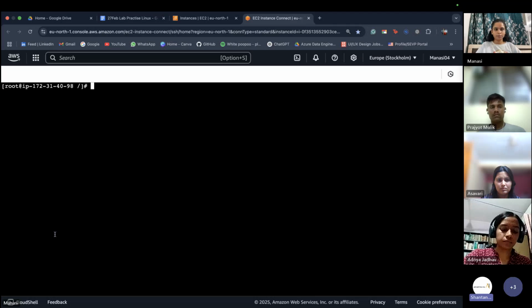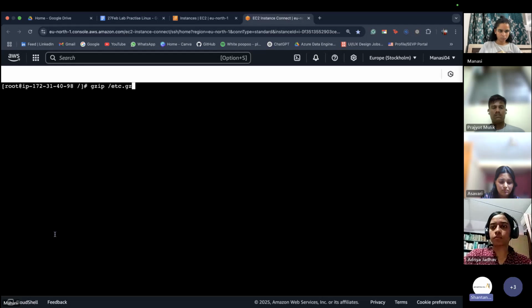Doing standalone compression using gzip, we use the command gzip, space, followed by the directory name that we want to compress. And here we'll put an extension for the respective compression. So right now it is .gz, .tar.